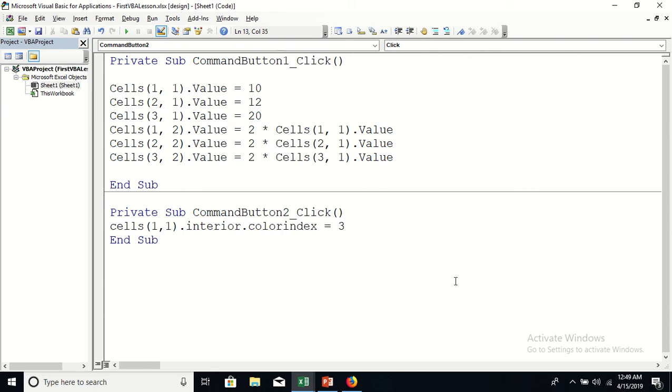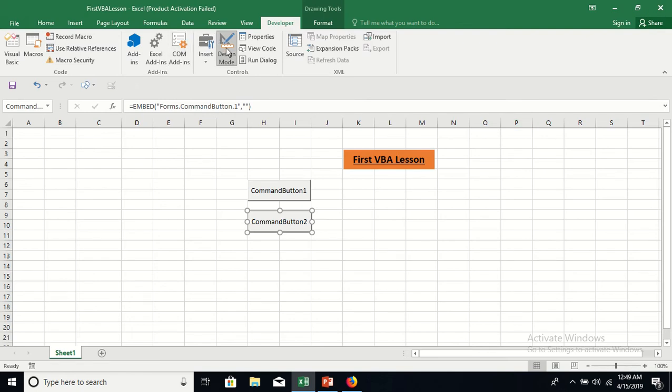Okay, I don't know what color index 3 is, but this line of code means fill the cell 1,1, that is A1, the interior of cell 1,1, with a color index equal to 3. Okay, let's see what it does. Let's close it and